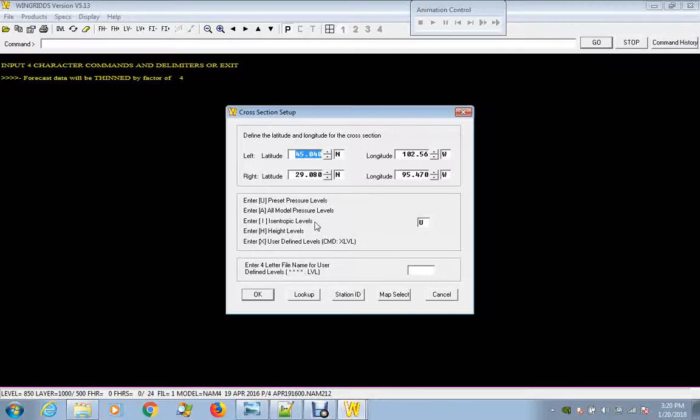You can use the isentropic levels if you want. You can use height levels if you want, or you can have a predefined user file that the user has created to set up a predefined area. All of the configuration files that WinGrids uses